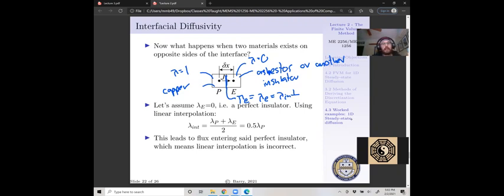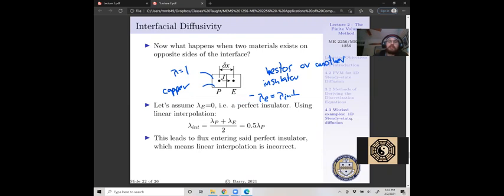If we do our arithmetic mean, i.e. our linear interpolation, 1 plus 0 divided by 2 is 1/2. Okay, so this is bad because if we have a perfect insulator,